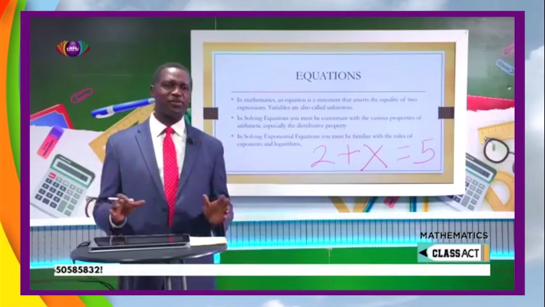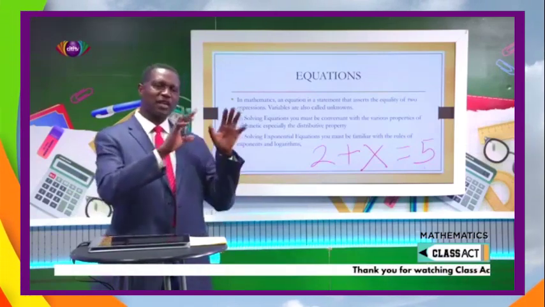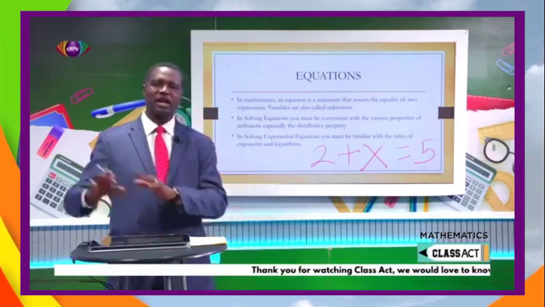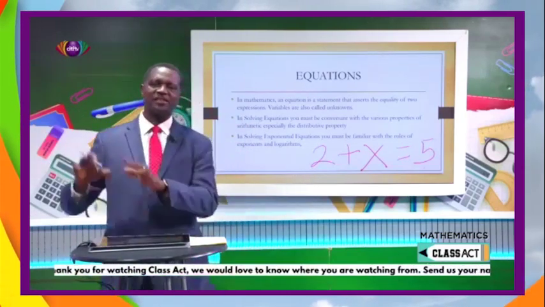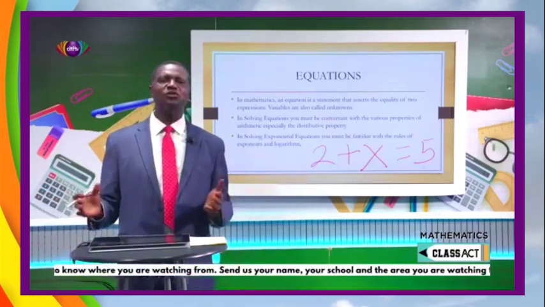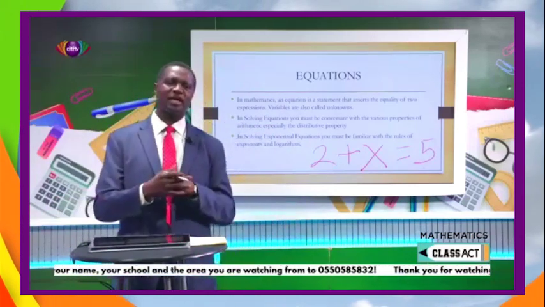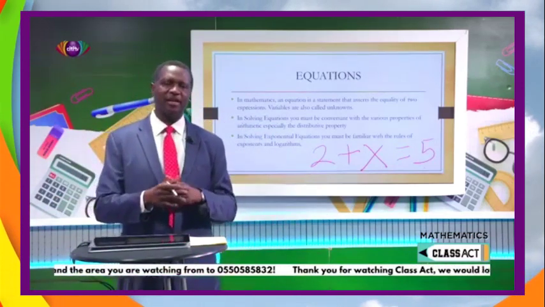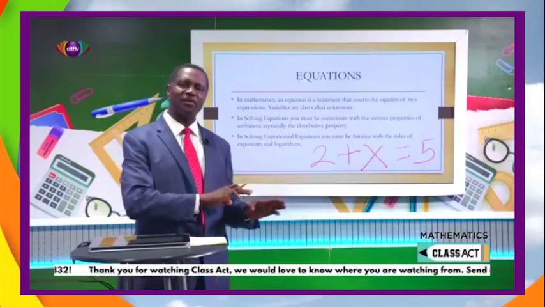So we are doing two things. This is like a combo. We are combining two things. We are talking about exponents, we are talking about equations, but if you don't understand equations and you don't understand exponents, you can't do exponential equations. But how can you talk about equations if you have no idea what algebra is? And how can you talk about algebra if you do not understand arithmetic?